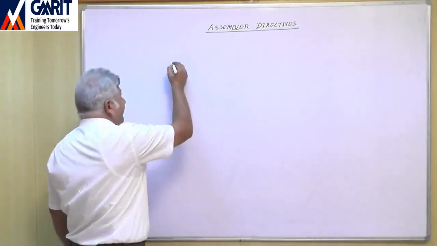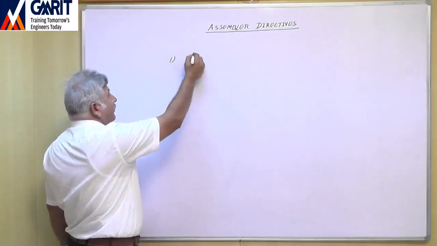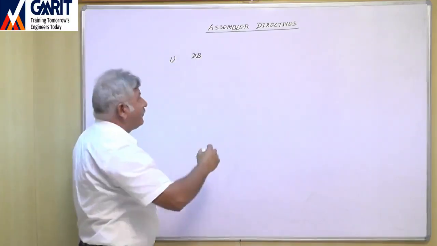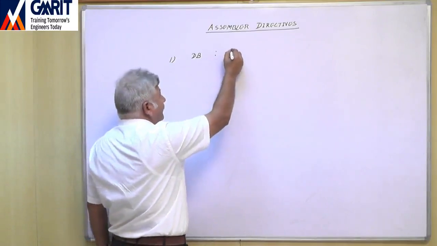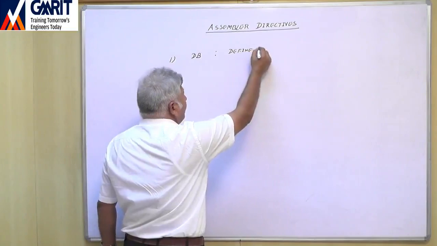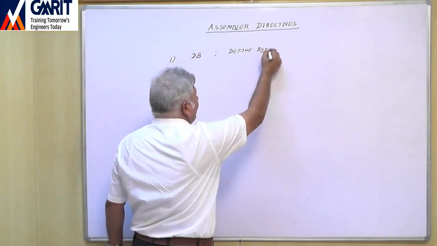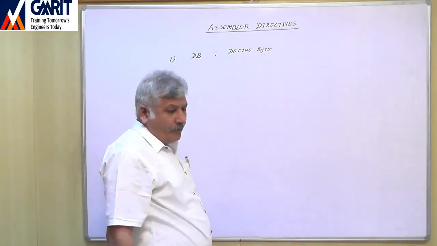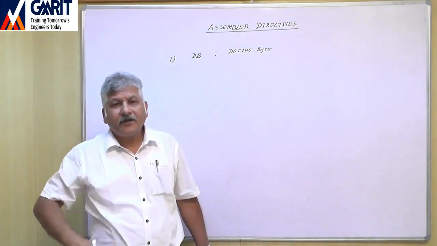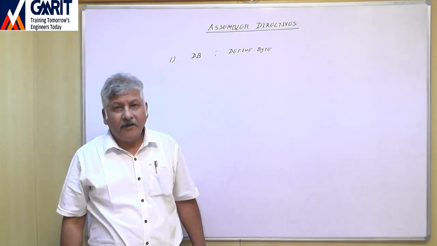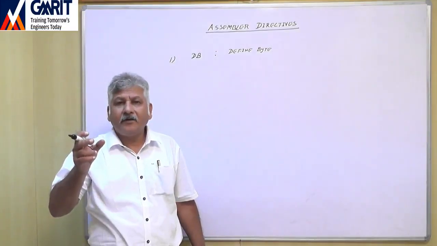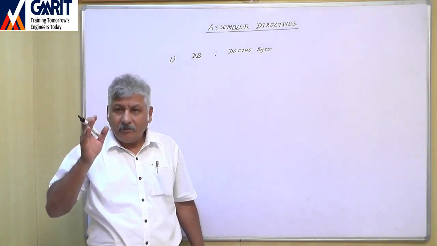Now one assembler directive is DB. The meaning of this assembler directive is define byte. So whenever we use the DB assembler directive, it will assign a memory location in the memory